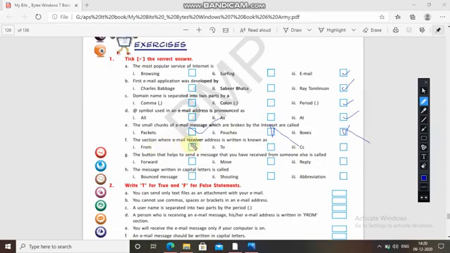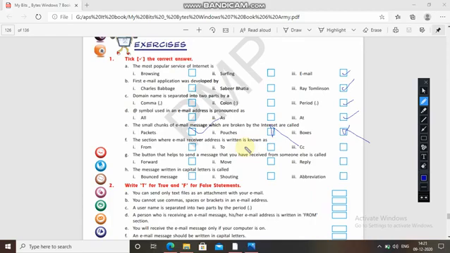The section where the email receiver address is written is known as what? CC is a carbon copy, that is also used for sending. "To" means where you are sending, so he is the receiver. See, in this there can be confusion.